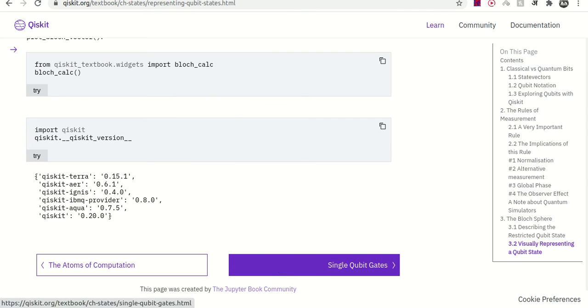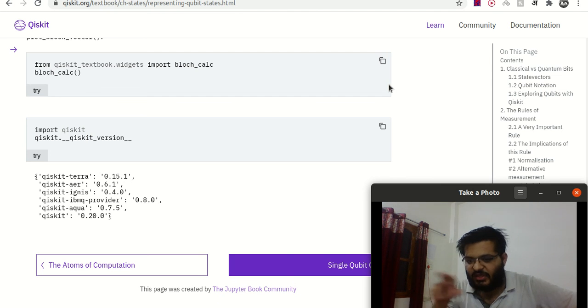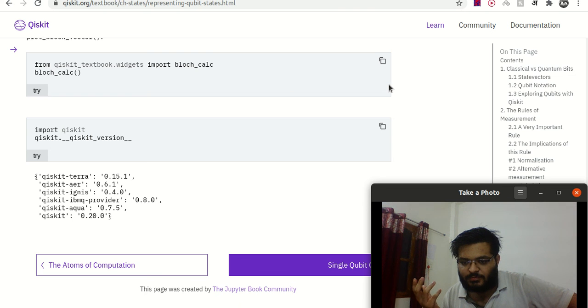So let's move to... we can see that qubits are actually represented on a Bloch sphere with different vectors. Once we rotate the Bloch sphere along a direction, along an axis, either the z axis or the x axis or the y axis, we can just see how the rotation works. And this is how we go from one state to another state, and the probabilities also change. But the whole probability, which is 1, will never change. The sum of the probabilities will always be equal to 1, in any basis we can go.